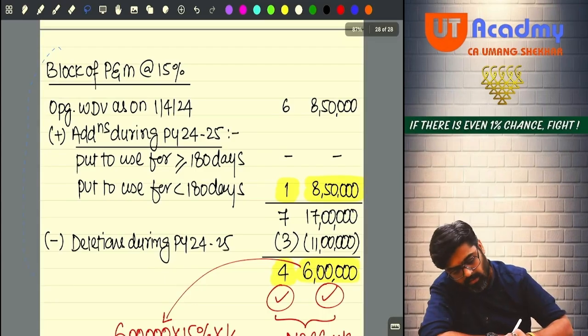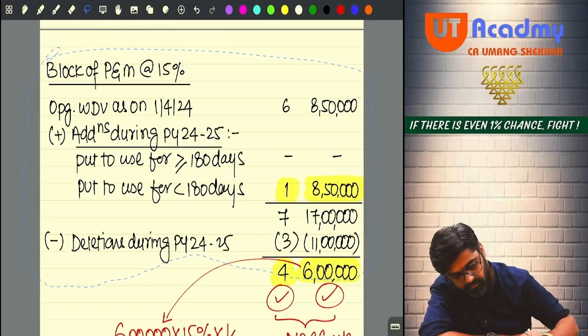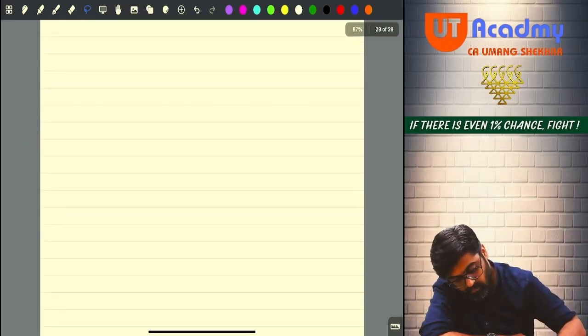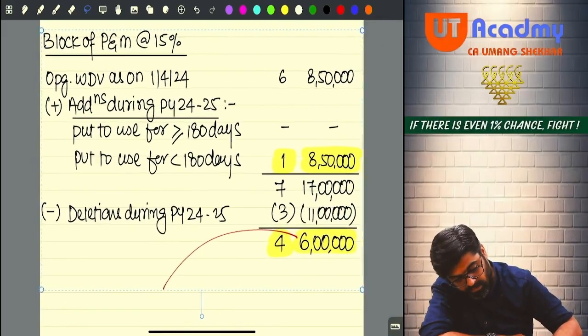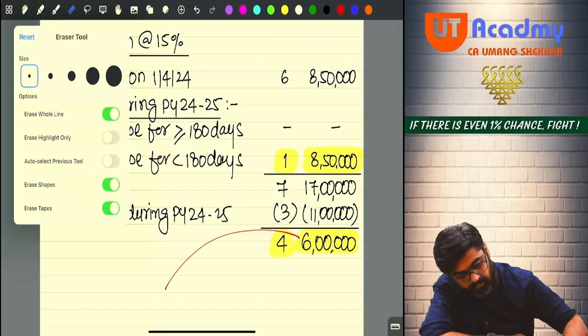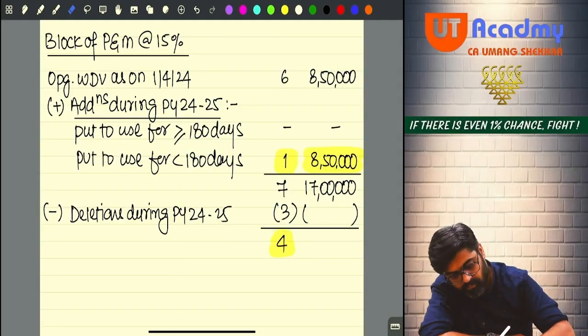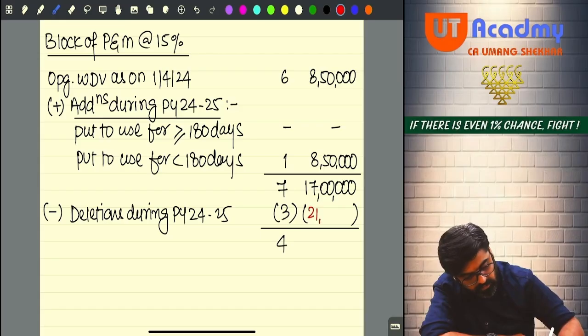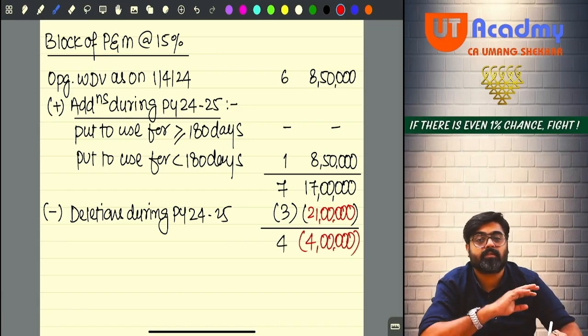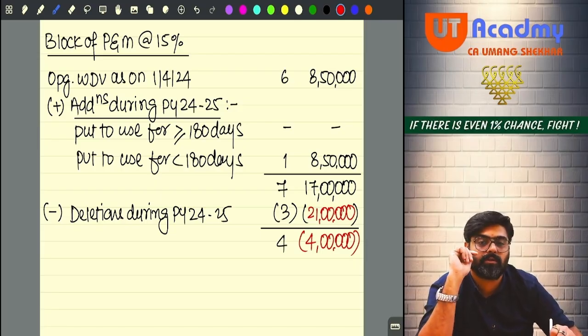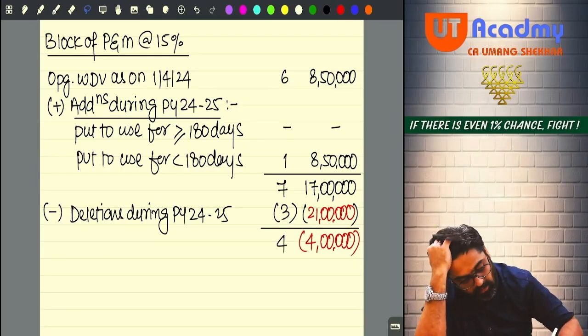See, I will again write down this. Copy. Paste. Now tell me. I will reduce 21 lakhs from here. Only change is this 21 lakhs. So this will be negative 4 lakhs. Now meaning that excess recovery is happening over and above the cost. Excess recovery of how much? 4 lakhs.